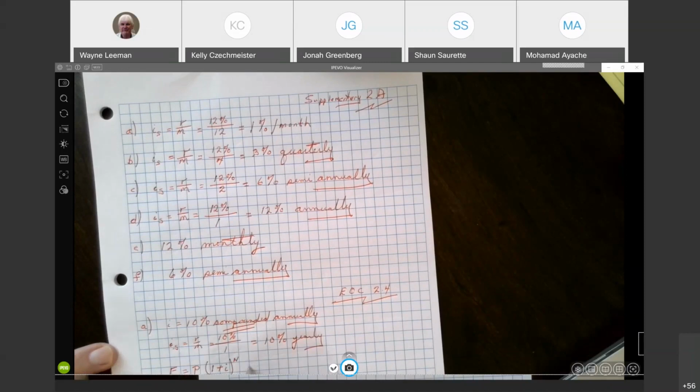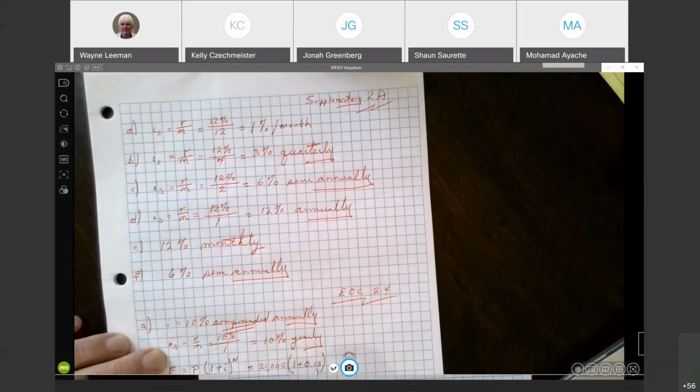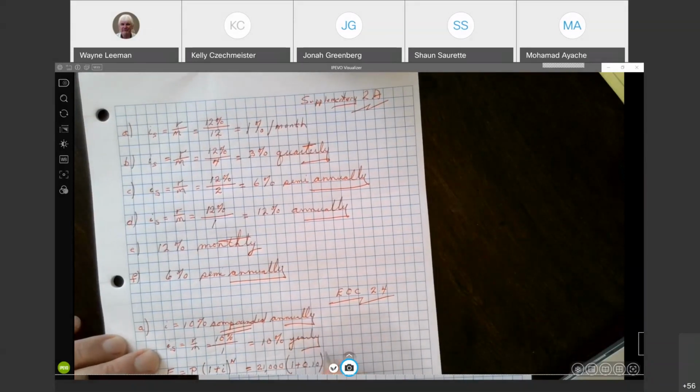So that will be equal to 21,000 times 1 plus i, our sub-period interest rate, which is 10%, 0.10, don't really need the last zero, to the power of n. Because this is yearly, and it's compounded yearly, and there's 2 years, this value up here will be 2